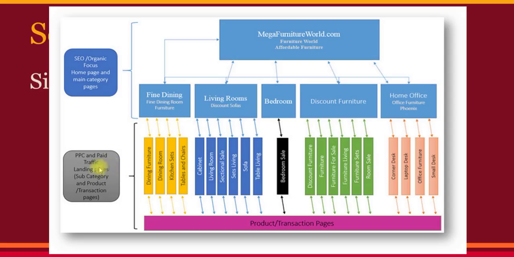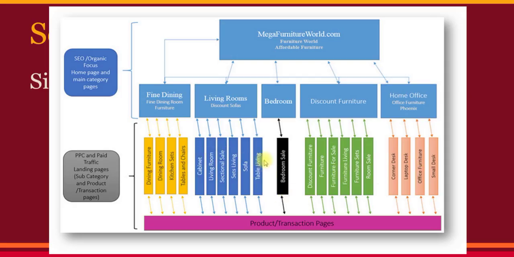This is paid traffic. This is where you would actually set up your AdWords, or your PPC campaigns. These become the ad group, and in here you would have keywords within this ad group that all relate to, for instance, dining room furniture. There'd be keywords for dining furniture. So each of these would be another campaign within your paid search, and these are the commercial intent. The consumer has a commercial intent. These are the landing pages that you're designing for that commercial intent.